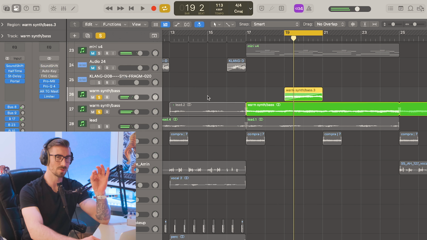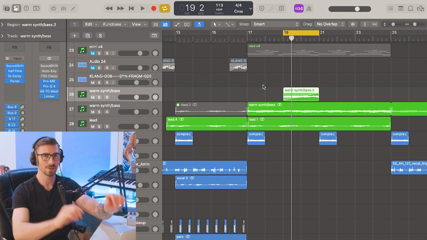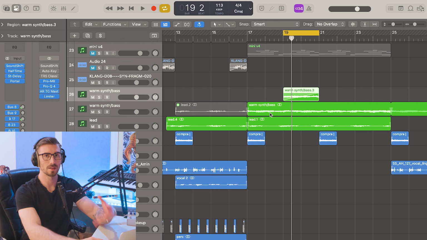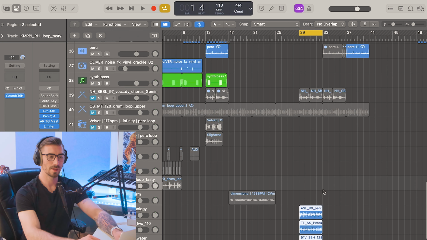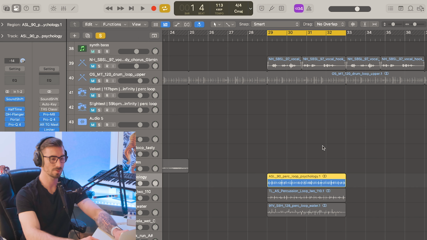And I think that was the texture that contrasted so nicely, because it's all these little high-end artifacts mixed with that low warm synth bass. And then I also had that percussion layer which came from a few different splice loops. So this was the first one